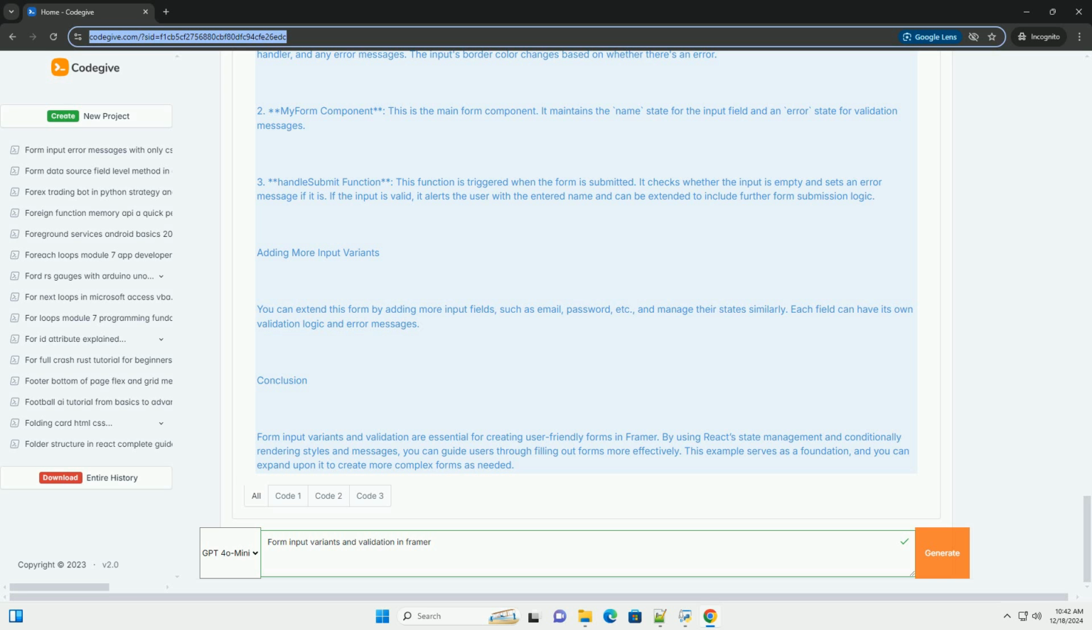JavaScript. Import React, useState from React. Import Frame from Framer. const InputField = ({ label, value, onChange, error }) => return <div style={{ margin: '10px 0' }}> <label>{label}</label> <input type="text" value={value} onChange={onChange} style={{ borderColor: error ? 'red' : 'black', outline: 'none', padding: '8px', borderRadius: '4px' }} /> </label> {error && <span style={{ color: 'red' }}>{error}</span>}